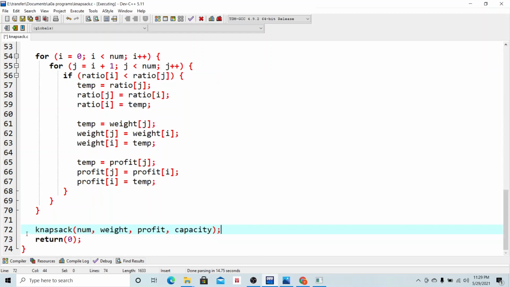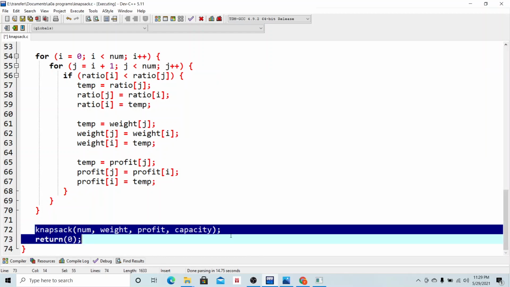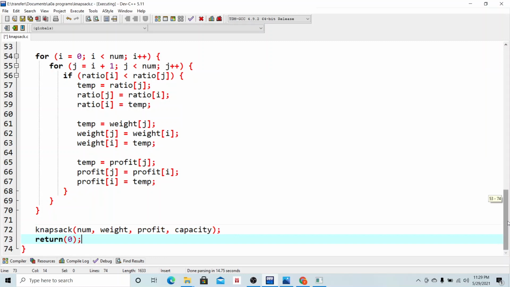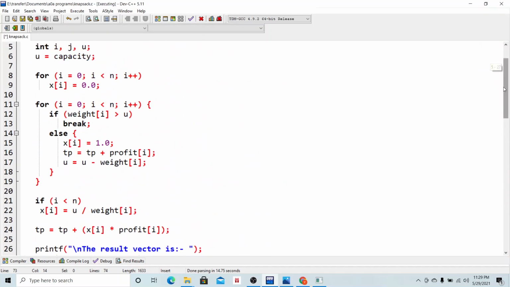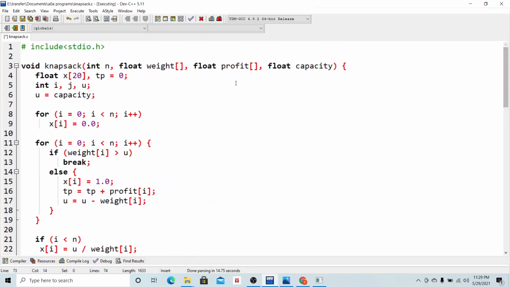So we will call this function in the main function, and we will write the definition of this function outside the main function, that is void knapsack. Here int num, the value is 7. I will write n value equal to 7 in this case because we have 7 objects.